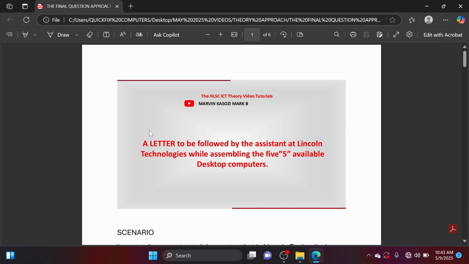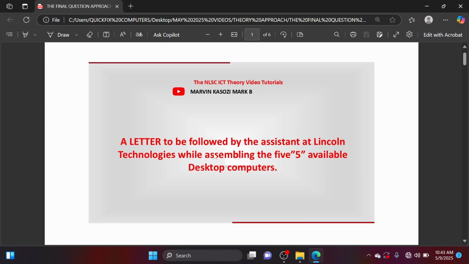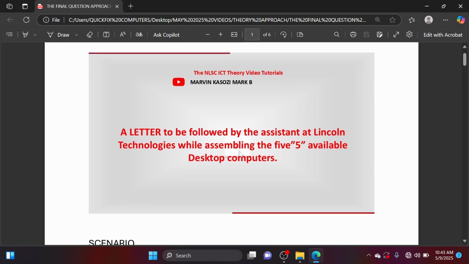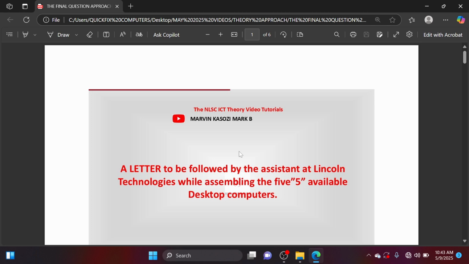Okay, into the video, it's going to have a cover photo as displayed at your screen. The cover photo will be looking like that because the video is all about a letter that is to be followed by the assistant at Lincoln Technologies while assembling the 5 available desktop computers. Now, in this tutorial, I'm going to be teaching or showcasing or explaining how one can, of course, assemble